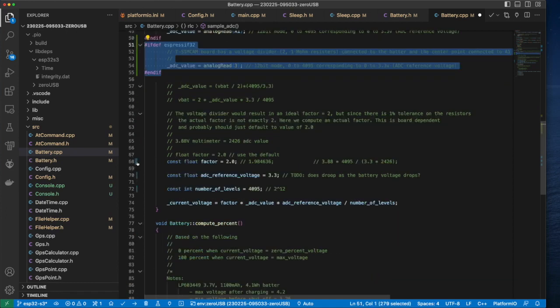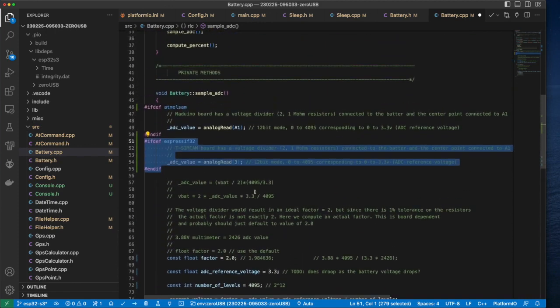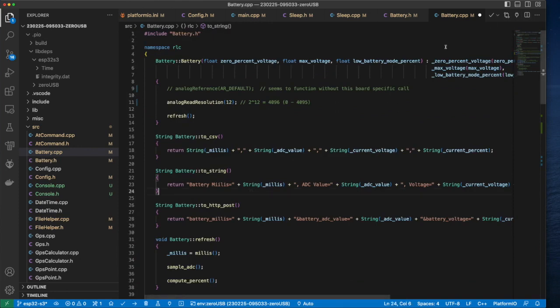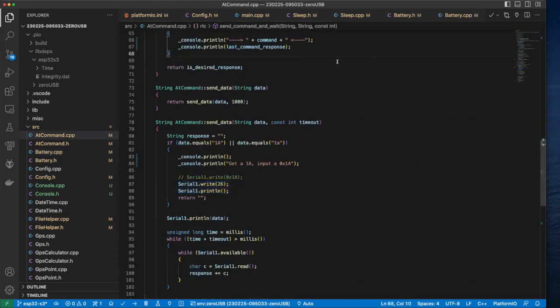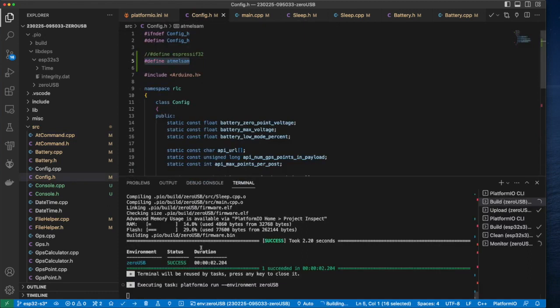And then down here at the bottom, I don't think I changed anything. These are probably just space differences. So here you can see the different spaces when the code got reformatted, and that's it for the changes to the battery CPP file. So with those small changes now, I'm in the Maduino environment, and I've got my config file set up for the Maduino board. I should be able to compile this,